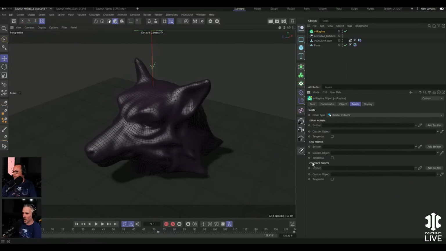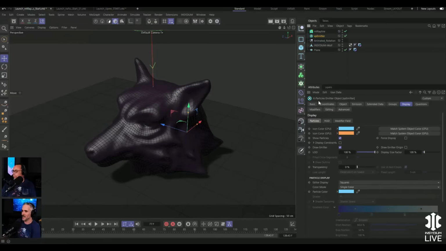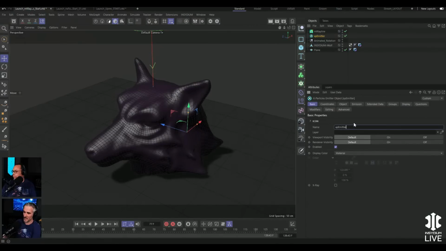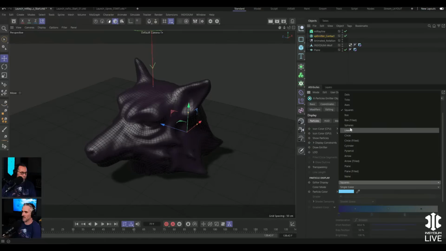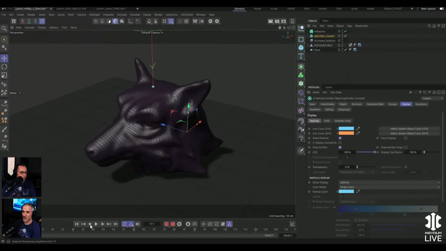So now what we want to do, let's go to the points. And what we can do is the contact points we want control over. And what we're going to do is we're going to create an emitter. So let's add an emitter. And here is our emitter. And let's just call that emitter contact. Okay, and in the display tab, I'm going to put it onto spheres just so we can see them. So now if I hit play, look, we've got a particle moving everywhere that is making contact with our wolf,